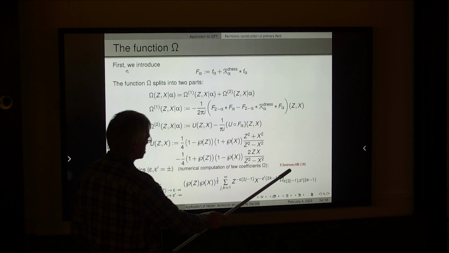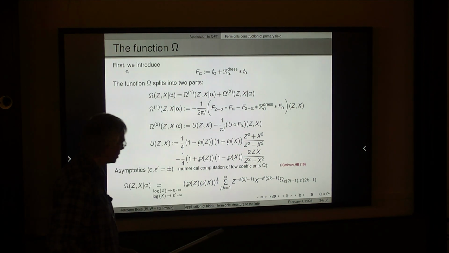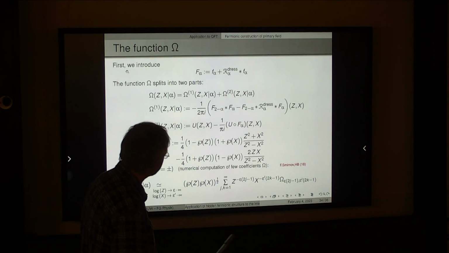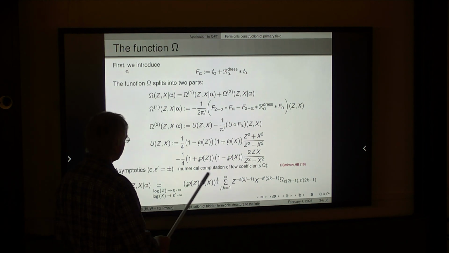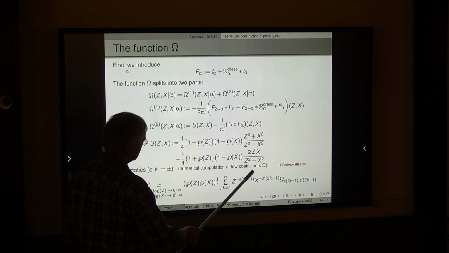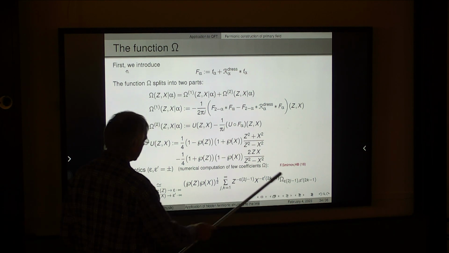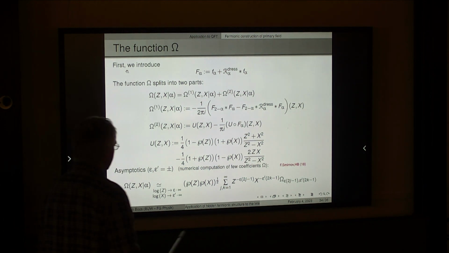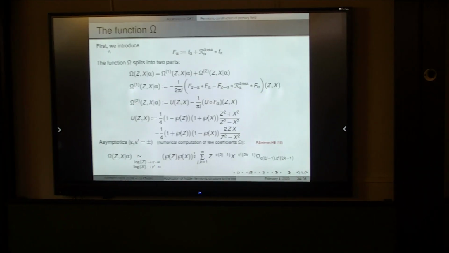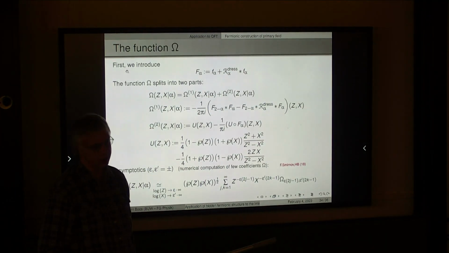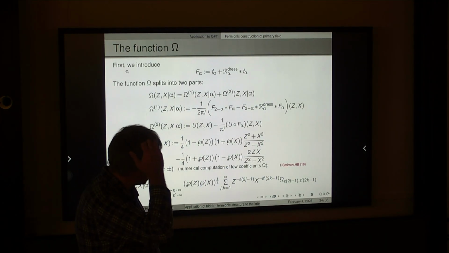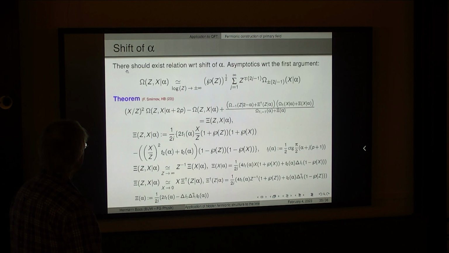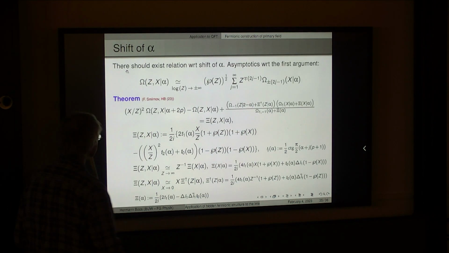I already mentioned that several years ago, together with Fedya, actually, he mentioned this result in his talk. We also did some numerical computation of several coefficients omega, because still we cannot do it analytically at this stage. At this stage we observed this kappa prime symmetry, actually. But we didn't understand at that time where it comes from. Now we have... Okay, yes, what about the shift of alpha?